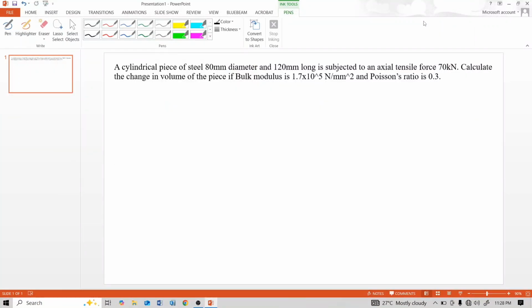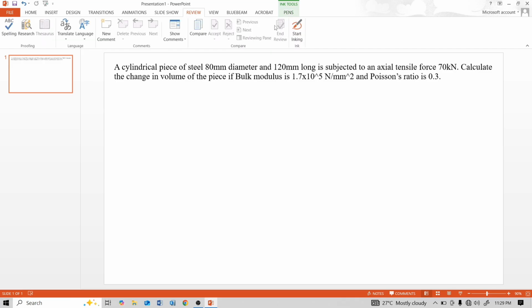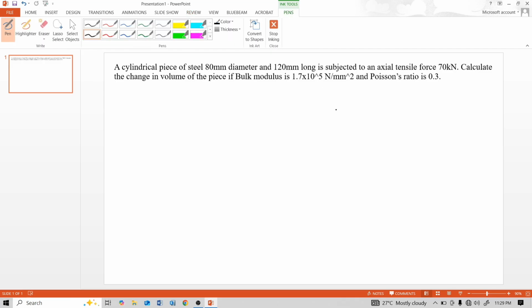Today, in this video, we will see a numerical: a cylindrical piece of steel 80 mm diameter and 120 mm long is subjected to an axial tensile force of 70 kN. Calculate the change in volume of the piece if bulk modulus is 1.7 into 10 raised to 5 Newton per mm square and Poisson's ratio is 0.3. Diagram for that numerical is